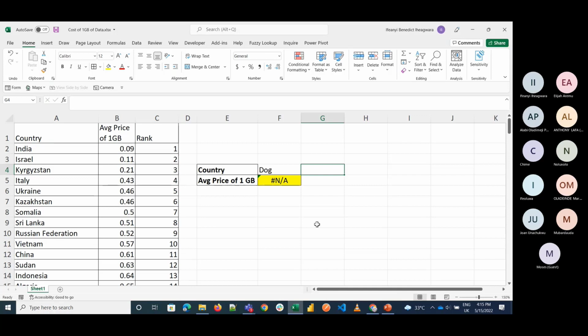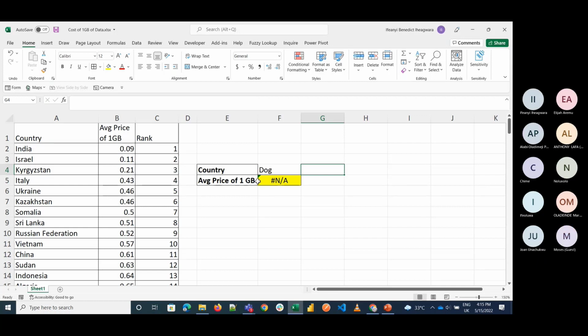Okay. So far, was this understandable? Okay. So that's a simplified version of VLOOKUP. So now let's try it